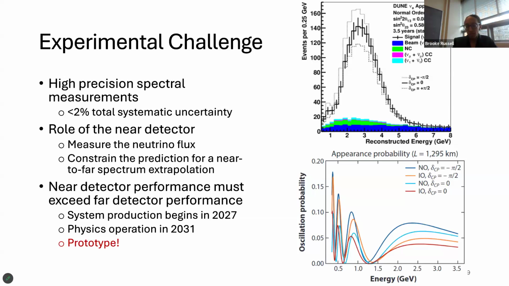So coming back to the DUNE experiment, yes, it's very nice to have a pixelated charge readout system, but what are you comparing it against? How well do you need to do? For the DUNE experiment, we're making high precision spectral measurements of the neutrinos at the far detector. An example of electron neutrinos measured at the far detector after, for example, 3.5 years running in neutrino mode for the beam. The spectrum is shown on the right, and you can see that we expect order 1,000 events or so.